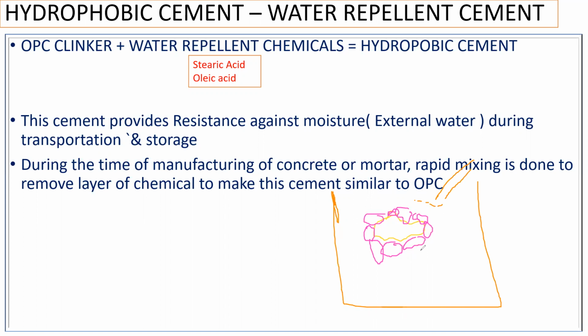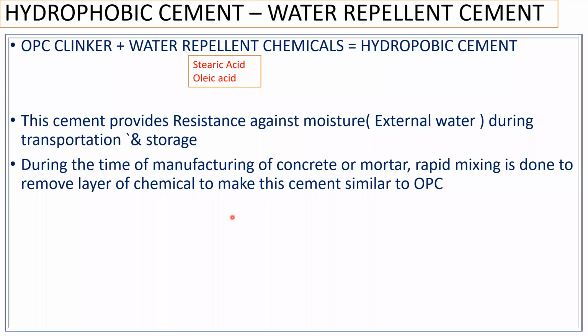So due to that fast mechanical mixing, since you're mixing it very fast, this protective layer will break out. Once the protective layer is broken, water will react with that, and it will act like a normal ordinary Portland cement. Normal cement will start its reaction. That is tricalcium aluminate, tricalcium silicate, and all will come and start their reaction. But until then, the protective layer will be broken when you do the fast mixing. That's it. So this is how it is going to play its role.